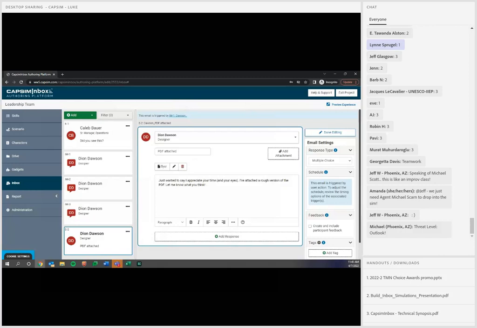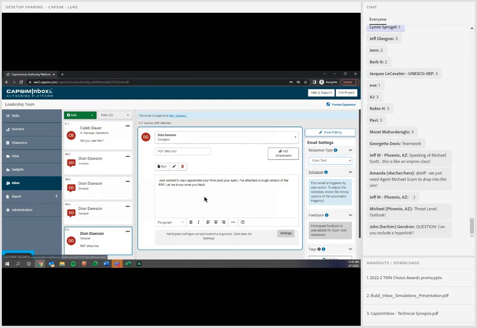Yeah, so this interaction lends itself to a little bit different of a response type, especially if we're measuring communication. Rather than a multiple choice, let's try an open response type here, Luke. Yeah, so I think context is really important here. So we're asking for feedback. And regardless of what skill you're assessing, in this case, we're saying communication,